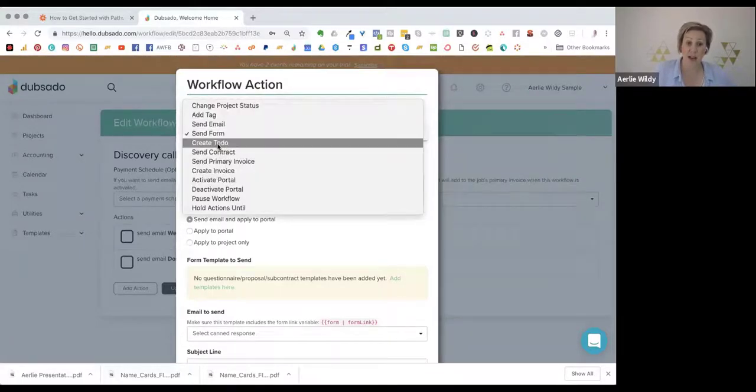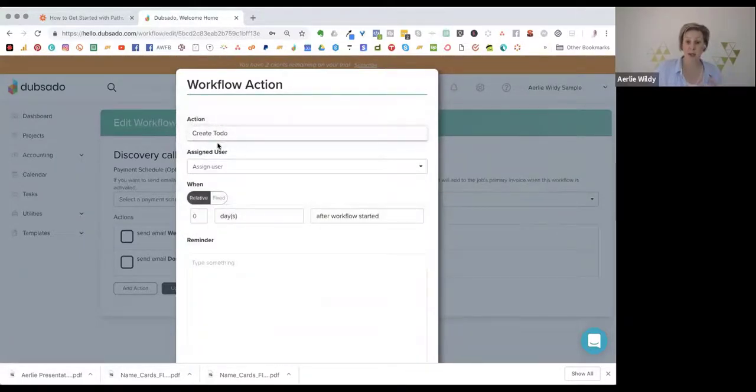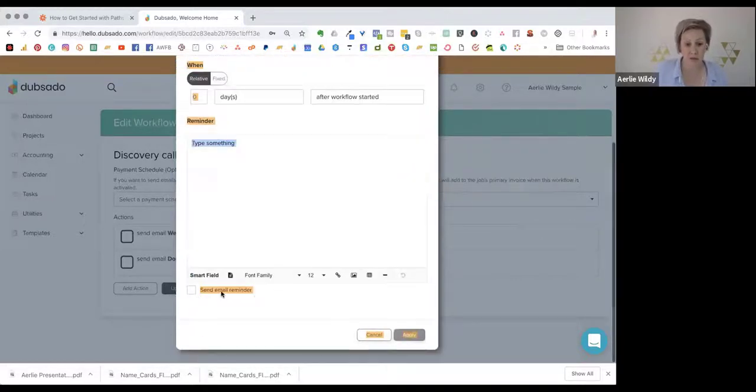I can also create a to-do. So this flags me and I can specify to send myself an email. So I can select that too. Or if there is a VA that is working with me on this, I can send her an email when this triggers. So when the to-do is triggered. So you see how much flexibility this has